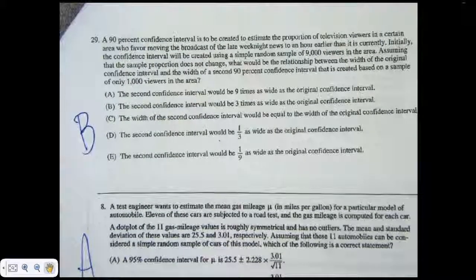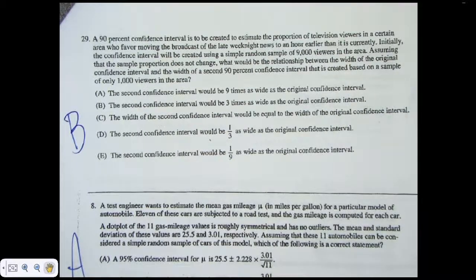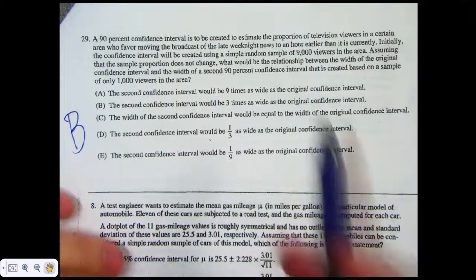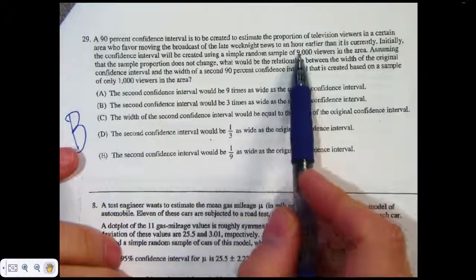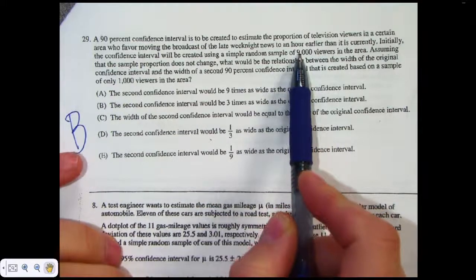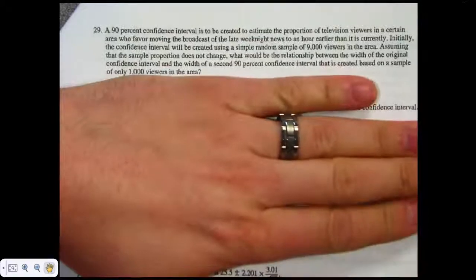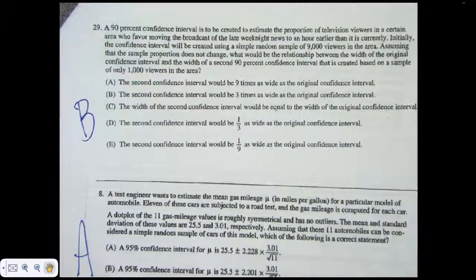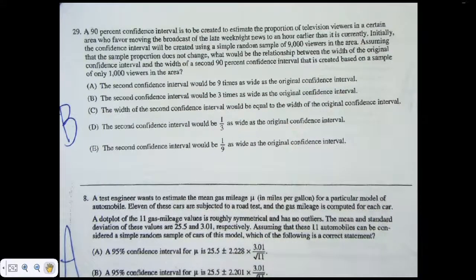Okay. So these are very good test questions. Keep that in mind. It'd be easy for me to just change one little thing. For example, on this one, I could change that 9,000 to like a 4,000. And then I could even cover up the multiple choice, and you just give me an answer. So you can't just memorize the answers to these, but you can memorize the concepts, the ideas behind them.